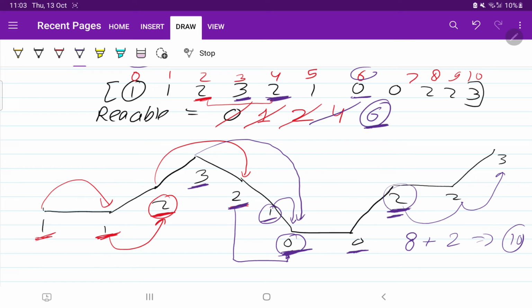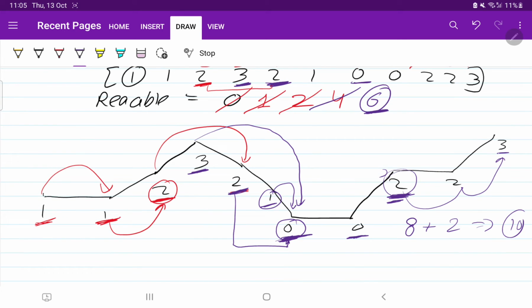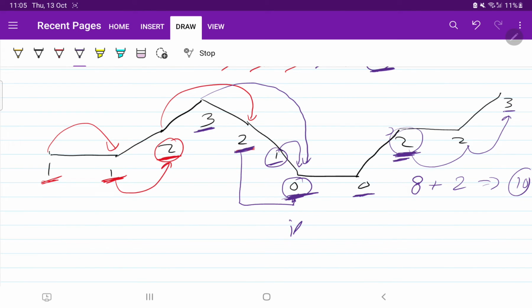But if we are at 2, we can reach to the 3. But as you can see, we are not able to reach at this position. Certainly we have ended at the 0th position. So we cannot reach at 2. So what is the condition? We have to apply one condition: if reachable is less than I, then we are sure that we return false.